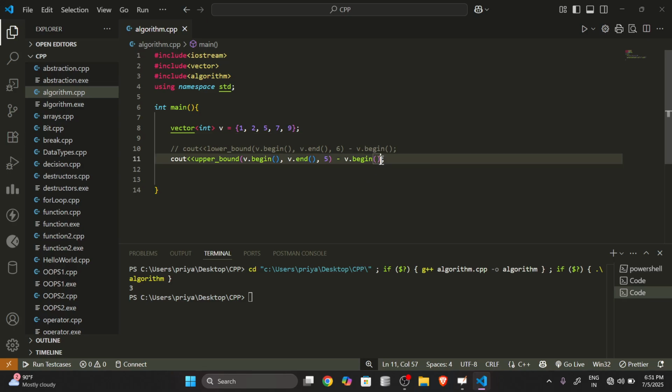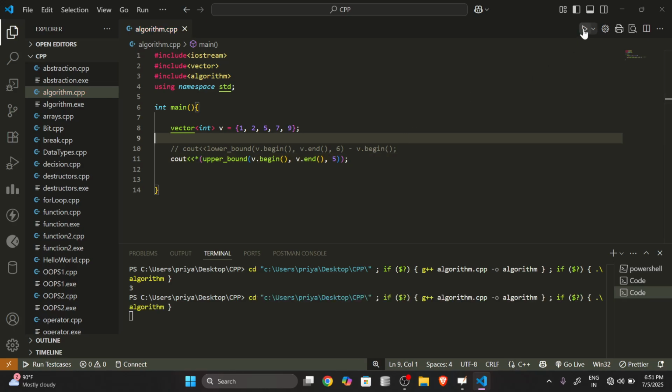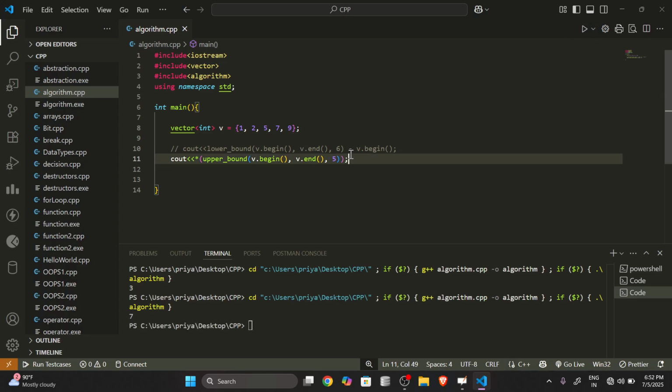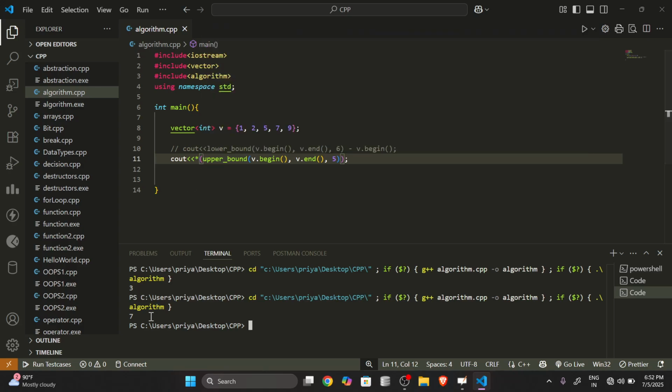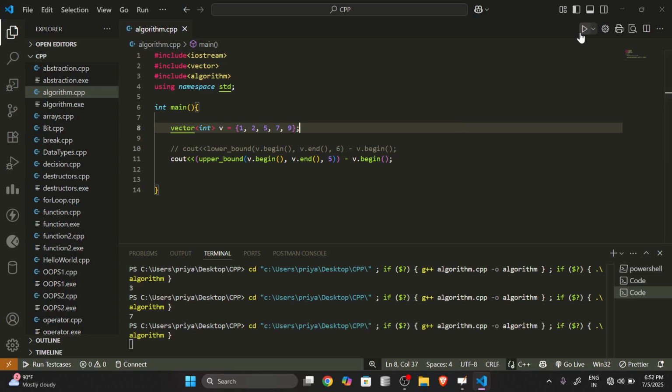We can also dereference it this way. We remove this, we put this upper bound function inside parentheses, and then we put a star in front of it. Now if we try to print it, it will give us 3 only. It will give us the element, sorry, I was wrong again. In this case, it gives the element. If we dereference it this way, it will give us the element, and this way, minus v.begin, it gives the index. So this is all about